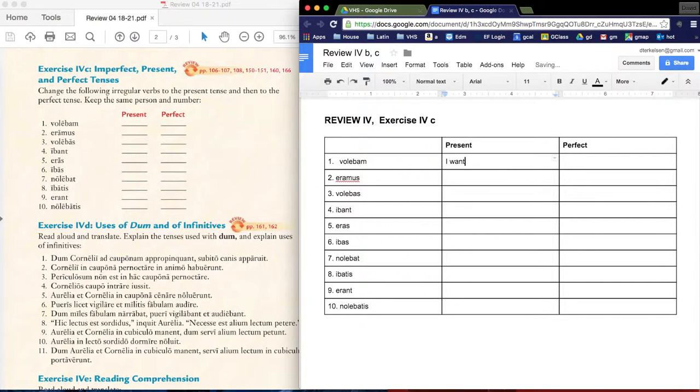You don't have to write the translation. I'm just sort of prepping you for what we're looking for here. And in the next cell, we're going to have I wanted. So that would be the perfect form of that. Again, I was wishing, I wish or I want, and I wanted. So I'm going to now get rid of this,